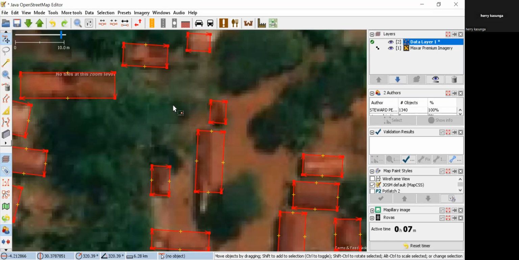If you see the area is mapped already and you want to map that area, please do not map a new building. Try to move those initial buildings that were there to align with the satellite image. So we should really avoid deleting the initial building at those places. We should try to focus on moving those buildings to align with the satellite image that we are using, because